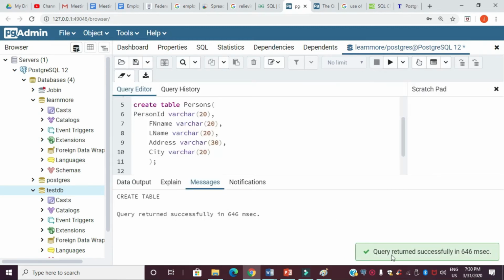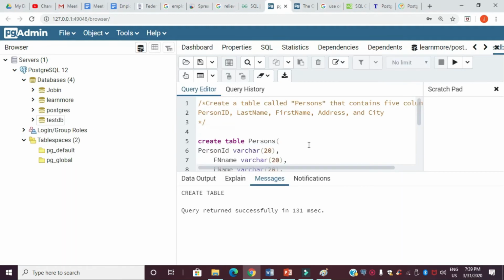Yes, the query is returned successfully, and you can see the output CREATE TABLE. Then you have a message here, query returned successfully in 646 milliseconds. To view the newly created table, go to the database name. Our database name is testdb.